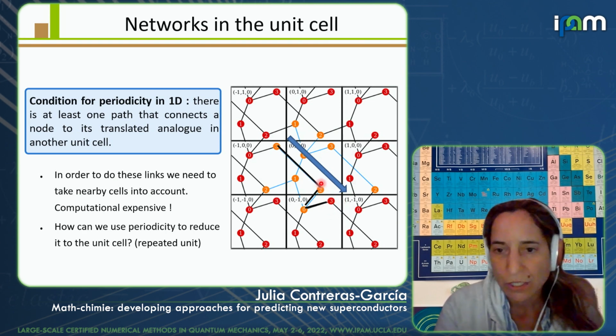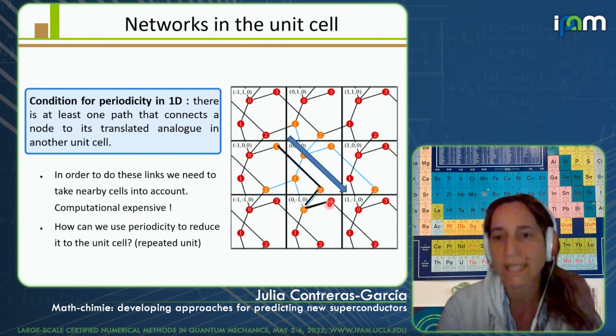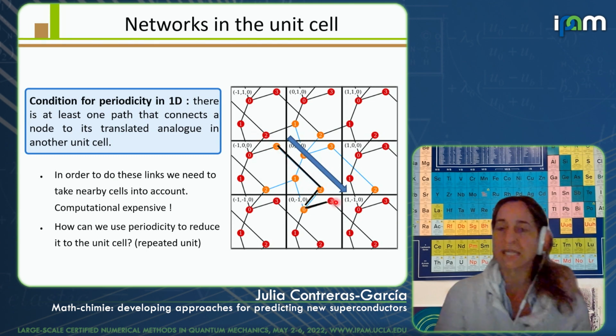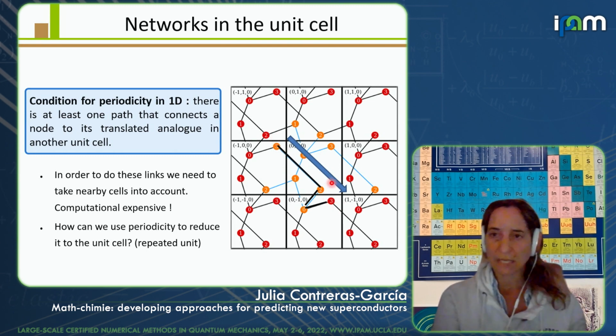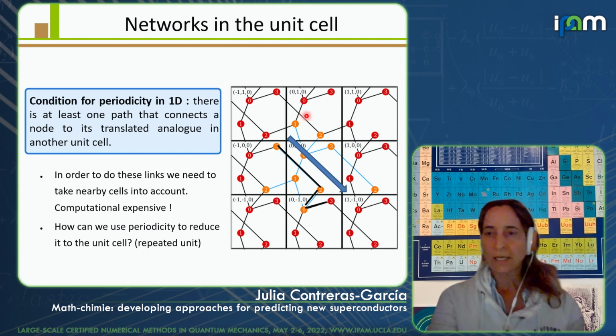So we have our nodes, and 3 is connected to 2, to 0, and then it takes it to 3. And it happens, and this will be our main direction. Now, this actually meant at the beginning of this coding that we didn't know how many units we needed to take into account. So basically, in order to reduce that, we decided to use periodicity and to reduce everything to